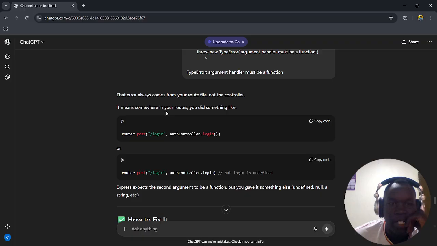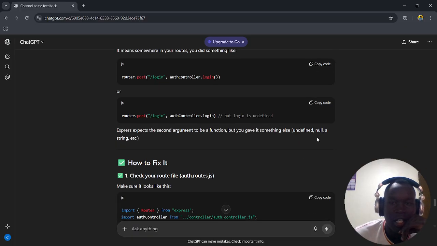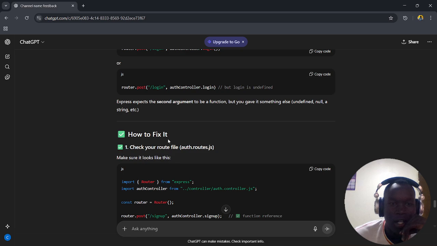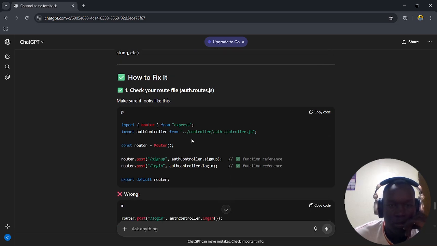It means somewhere in your routes you did something like this. Express expects the second argument to be a function, but you give it something else: undefined, a string. How to fix this? So here in the route you're supposed to have